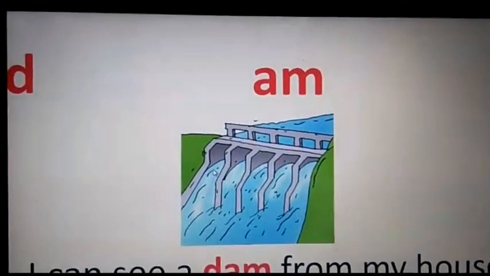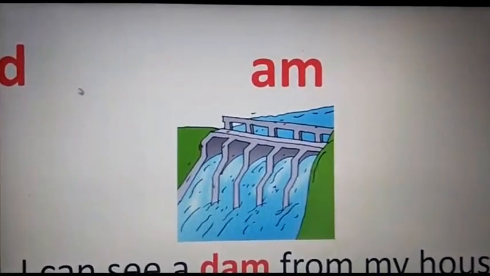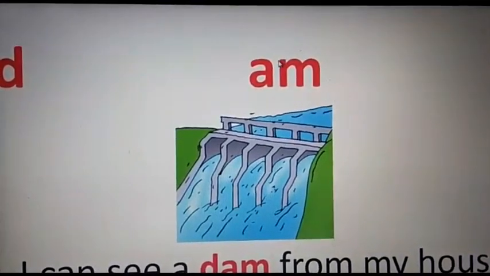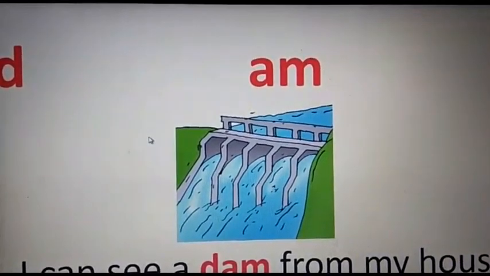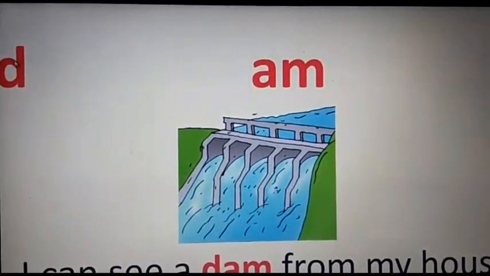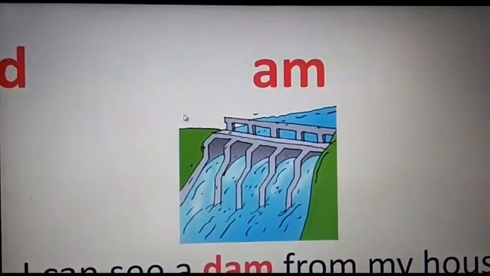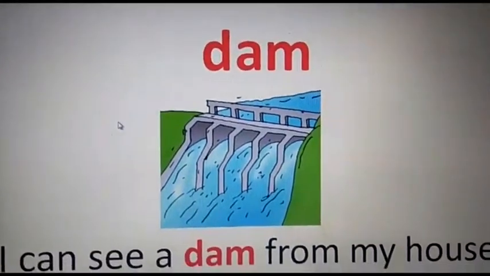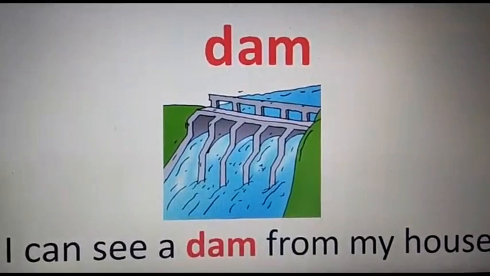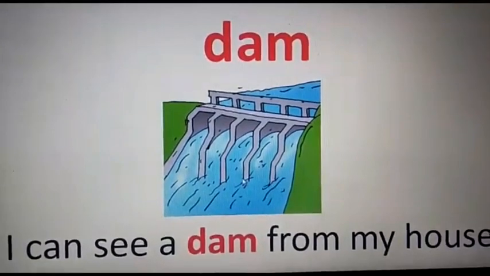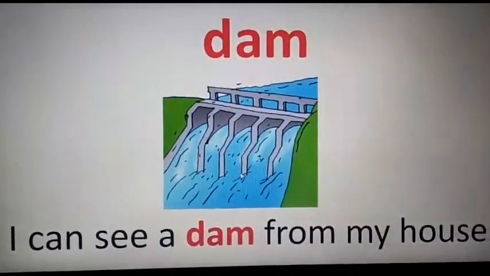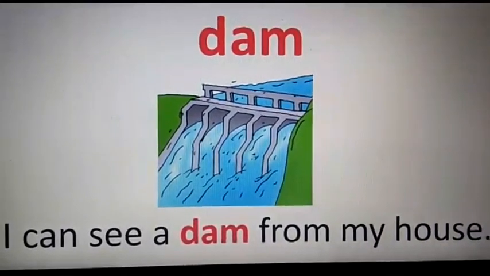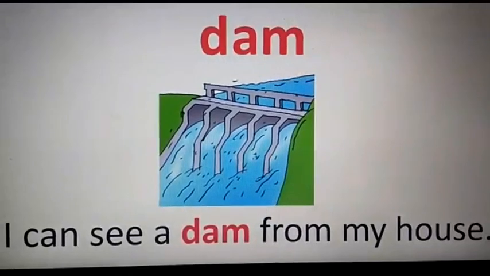Now see. Can you see the letter? Which letter is there? It's D. And here it is, M is already there. And how we are going to read them together? It's D, M. And when they come together, we say dam. You can see the picture of dam. Dam is a place where we store water from the river. When too much of rainfall happens, we store water in a dam and we can release water from that.